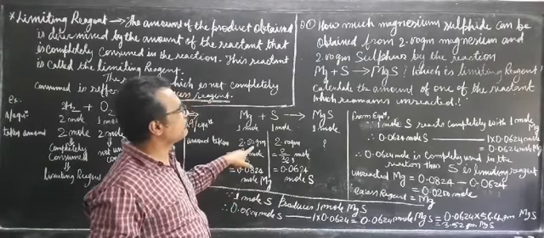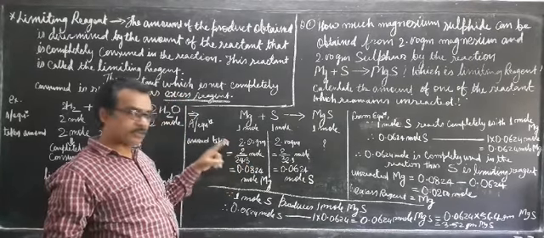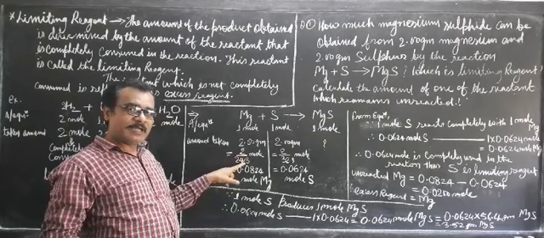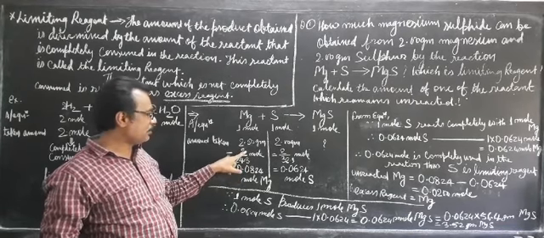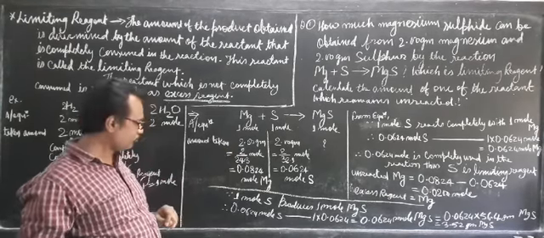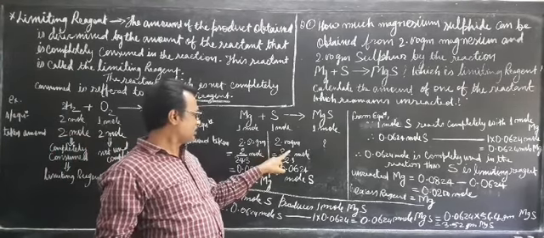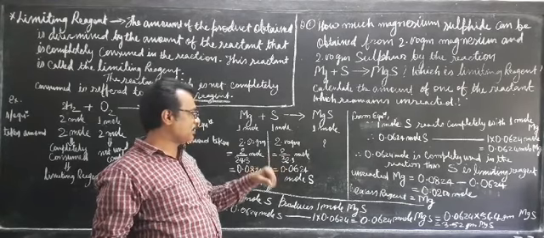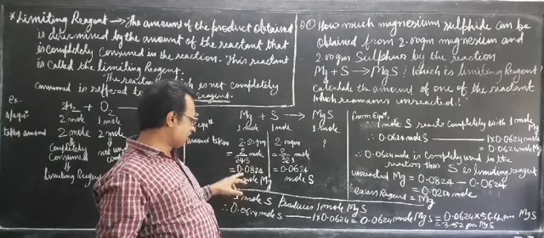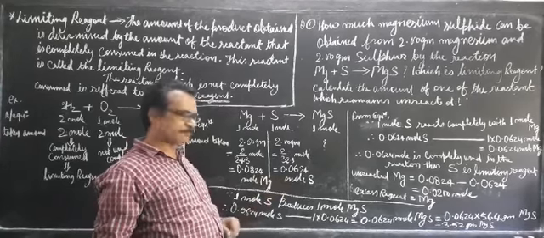So 2 gram of magnesium was taken, and it is converted into its mole. So how much is the mole? How to calculate the mole? Number of mole is the actual amount divided by molar mass. So 2 is the actual amount and 24.3 is the molar mass, the atomic mass of the magnesium. Again in case of sulfur, 2 is the actual mass, whereas 32.1 is the molar mass, the atomic mass of the sulfur. So we have divided it, and you get this much mole of magnesium and this much mole of sulfur.